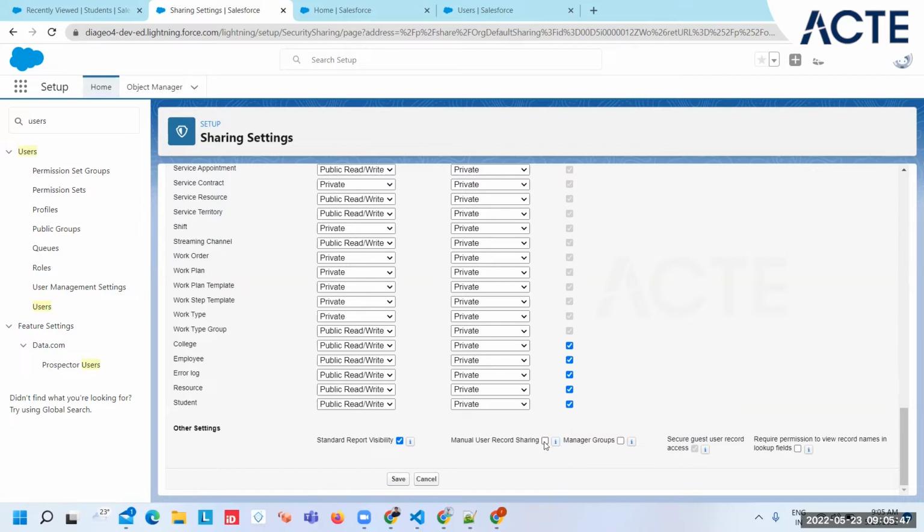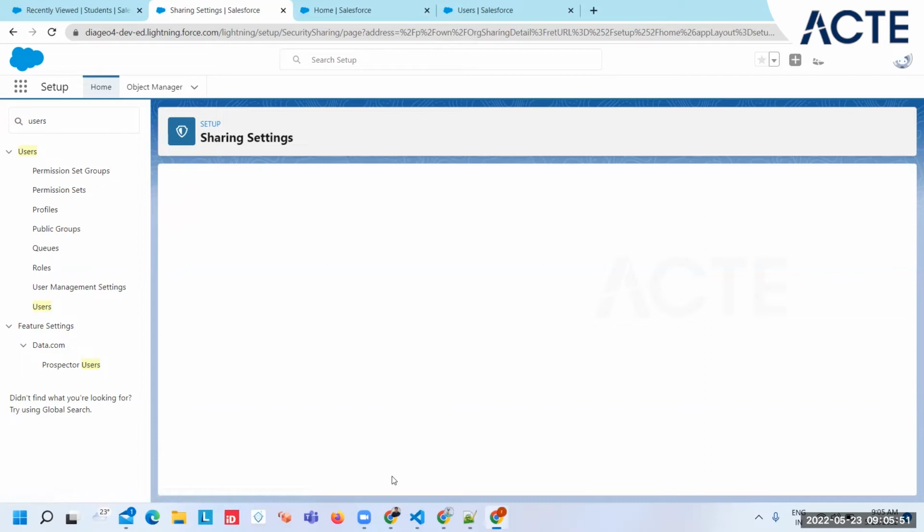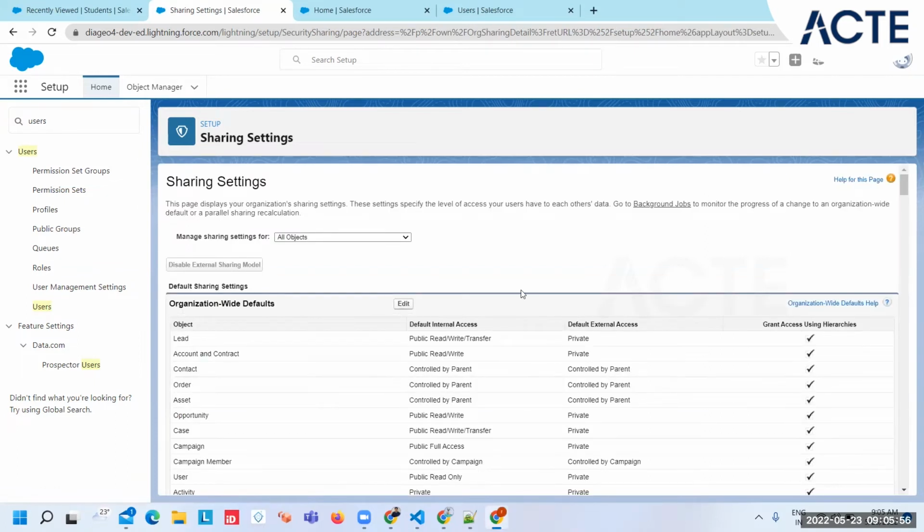If you select manual sharing, it will activate the manual sharing. So these are all theories. Now we will discuss this and then we'll come back to our